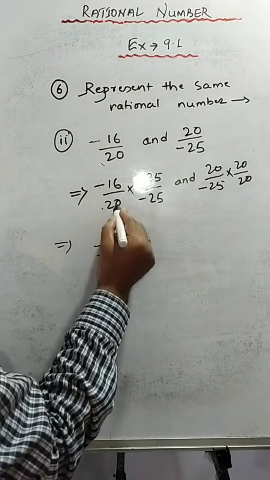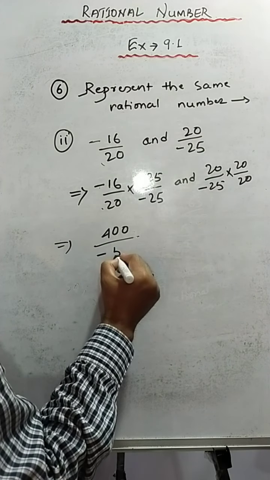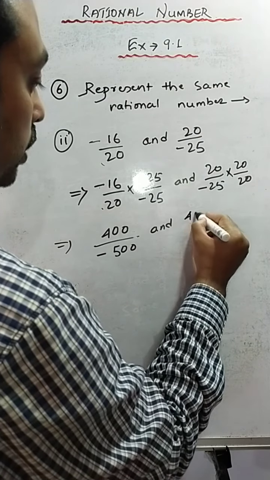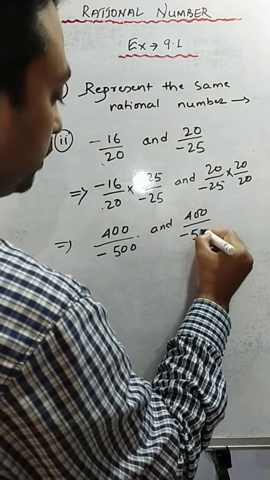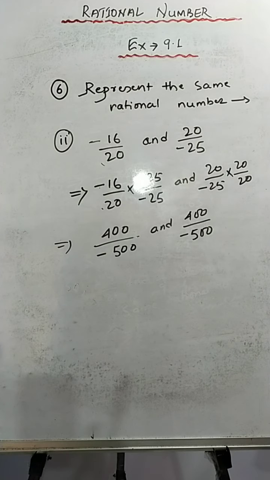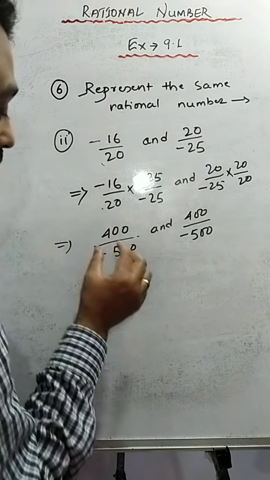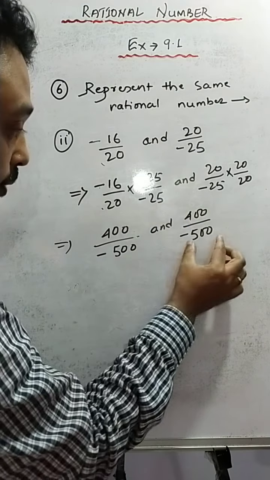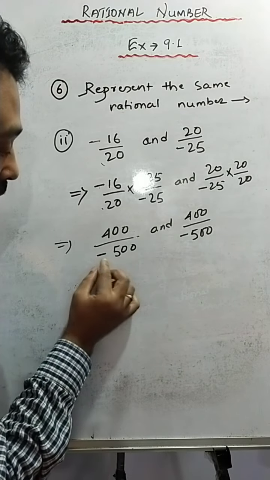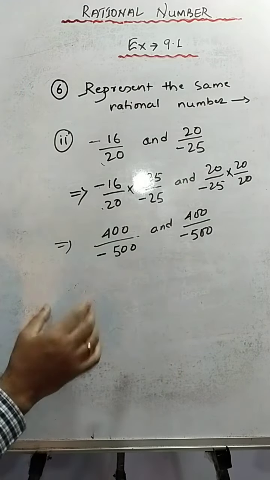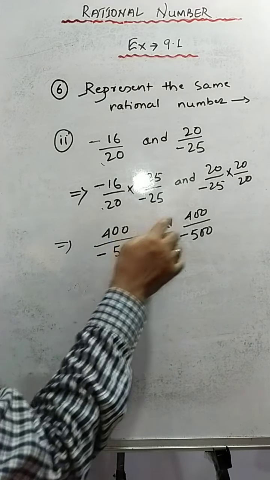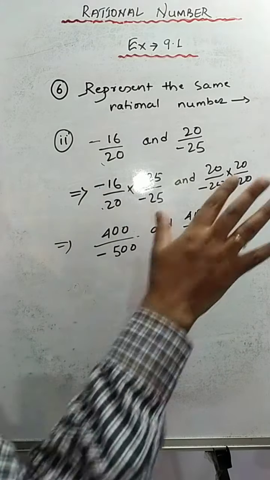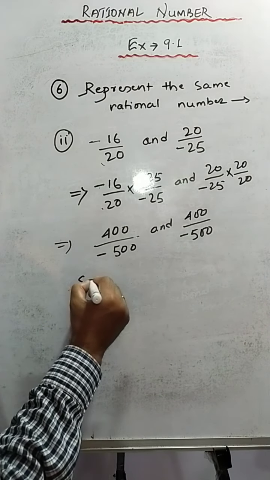Plus times minus is minus. 20 into 25 is what? 500. Okay, and again we'll write 'and'. Now 20 into 20 is what? 400, and this will be minus 500. Now this time, if you compare the two rational numbers, we can see that they are carrying the same numerator and the same denominator. See, in both the cases, the denominators are carrying a minus sign, and even the values are the same. As all the signs are also matching, everything is matching. So we can write since